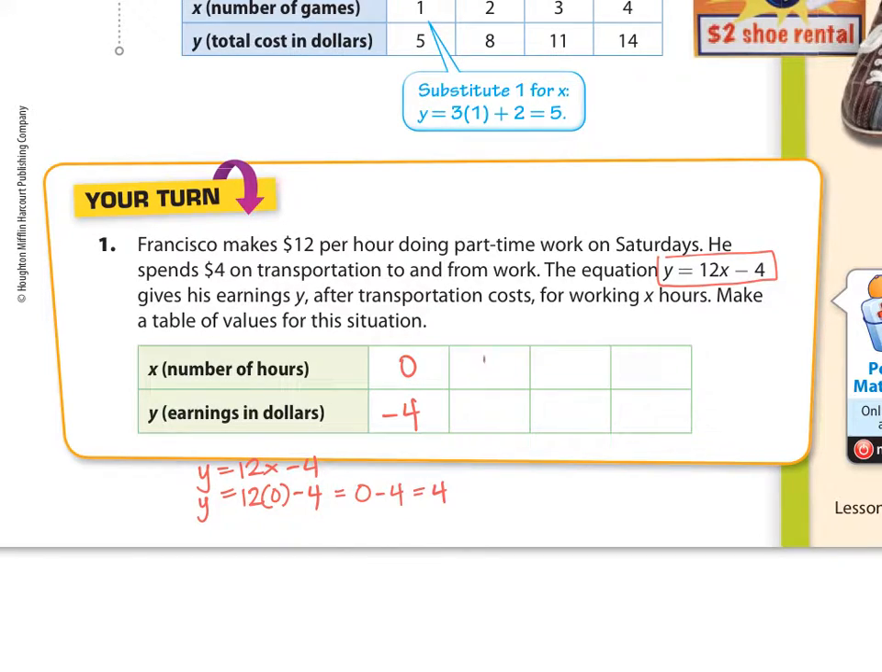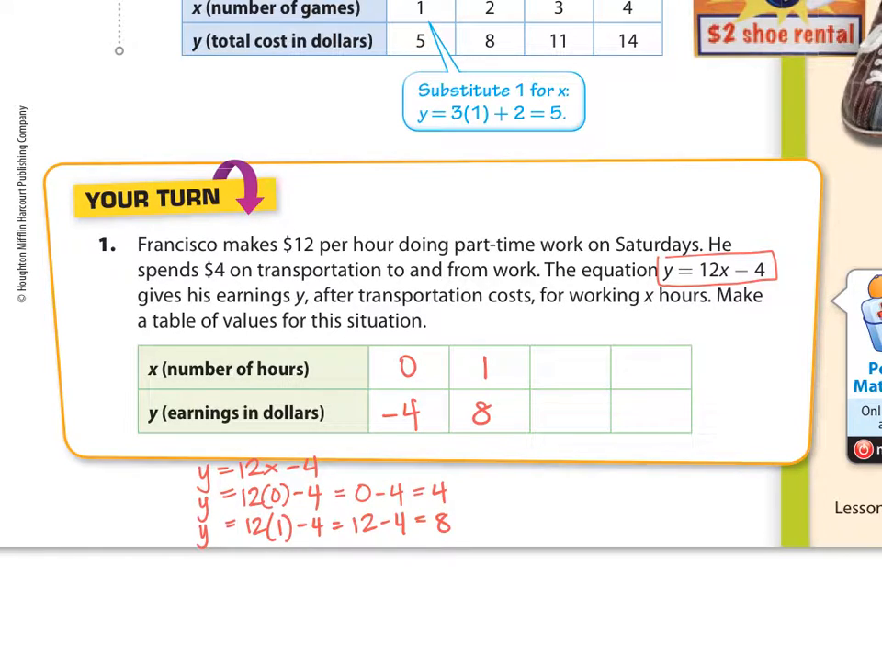So what if he works 1 hour? Then it would look like this. y equals 12 times 1, then minus 4. So 12 times 1 is 12, and 12 minus 4 is $8. So if he just goes to work and only works for 1 hour, then he goes back home, he's making a total of $8. So he makes $12 for that 1 hour, then has to spend $4 for the